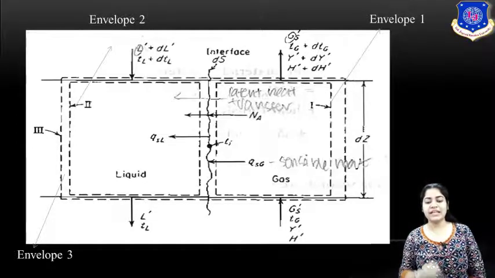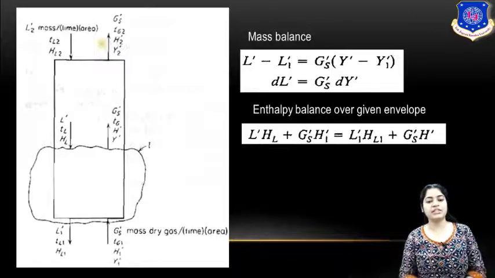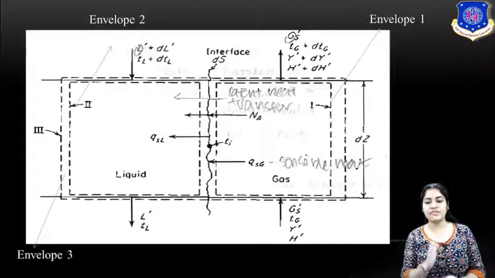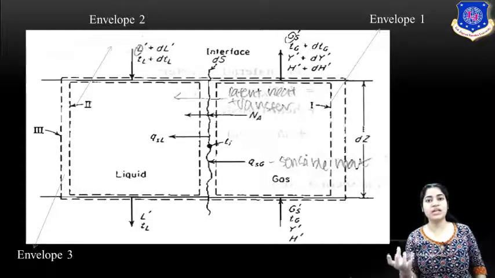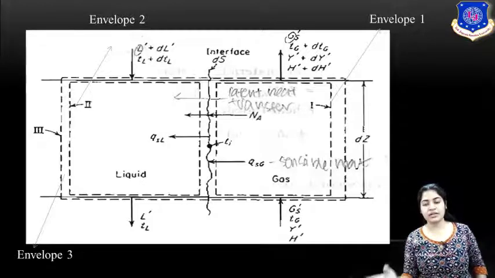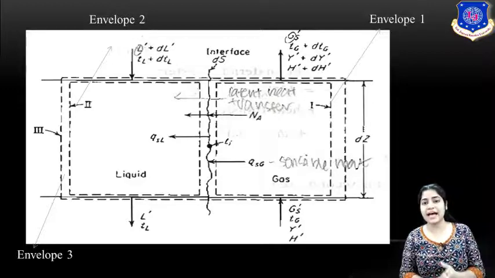Now here you can see that liquid and gas, two different compartments, are there. It's but natural that your liquid and gas will be interacting with each other. So hence your envelope 1 and envelope 2. What is envelope 1? It shows you the gas. Envelope 2 shows you the liquid. And in the bottom of both of them there is an interface. Of course liquid and gas would be interacting. As they interact, an interface is formed between these two phases. This is a gas liquid phase transfer mechanism here.